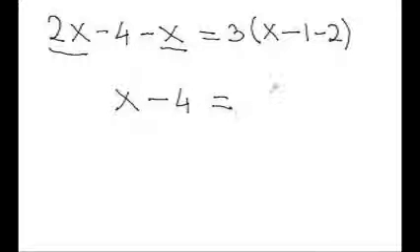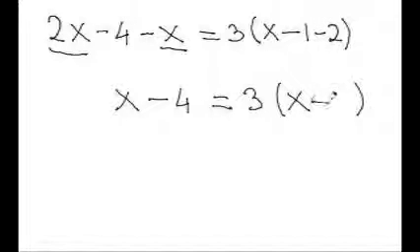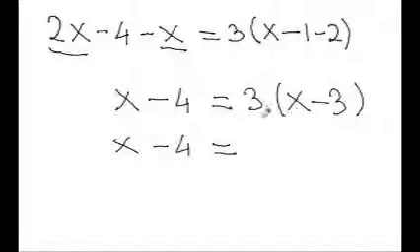And on the right side of the equation, before I distribute the 3, I'm going to simplify whatever is inside the parenthesis, and basically all I do is minus 1 minus 2 becomes just minus 3. So now I'm going to again rewrite both left and right sides of the equation, and I end up having to distribute the 3.